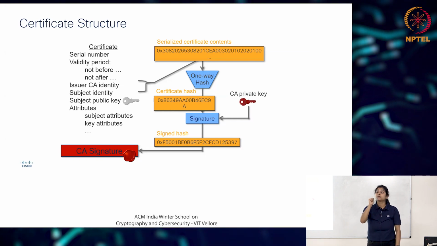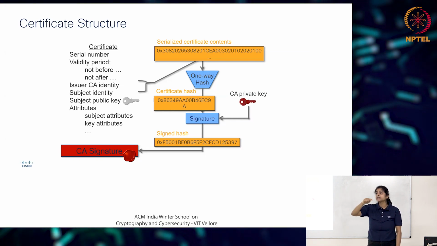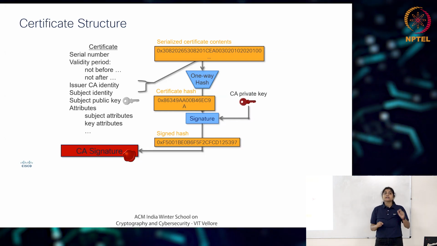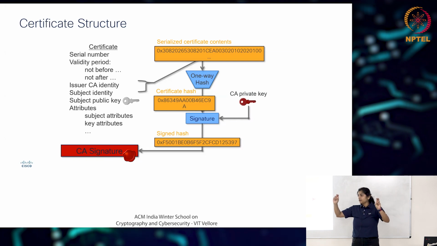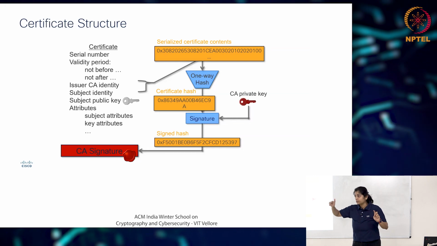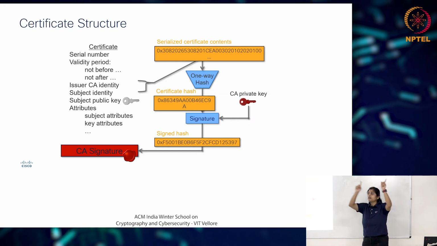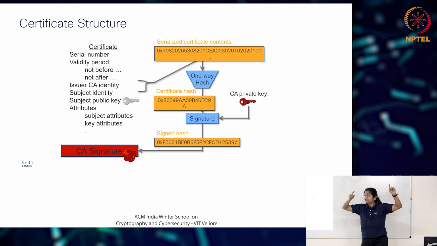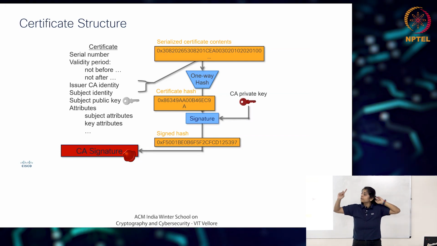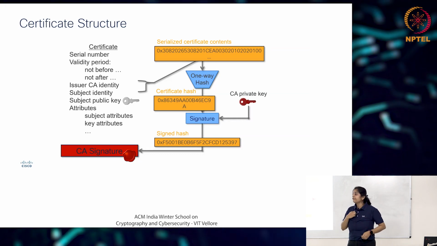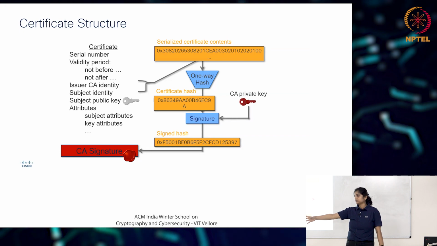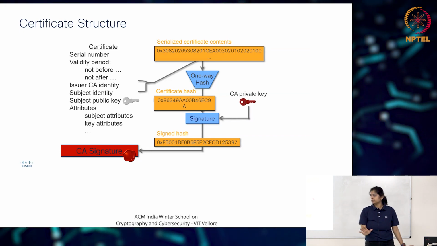Yes, verify whom? The CA. Because the signature has the private key of the CA, right? Because in a certificate, remember, trust is not only for the identity certificate, it's for the issuer also. So whenever the initiator or responder tries to verify the certificate, it not only verifies the identity certificate, the actual validation happens for the CA certificate. Because if I trust the issuer, I trust you. That is the trust system.